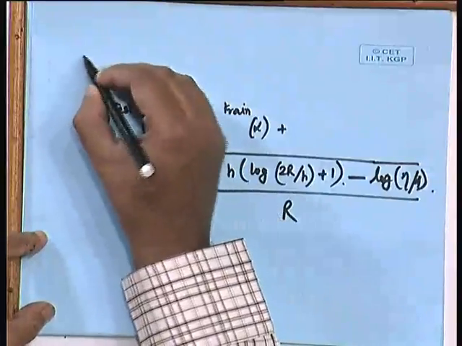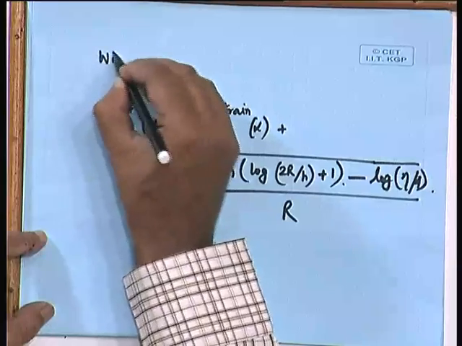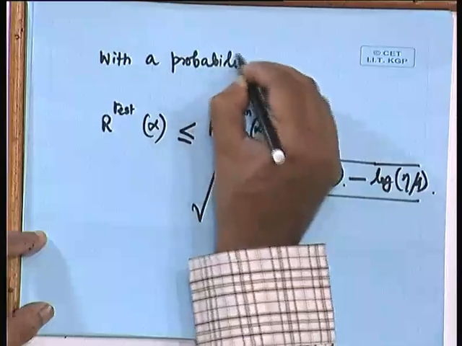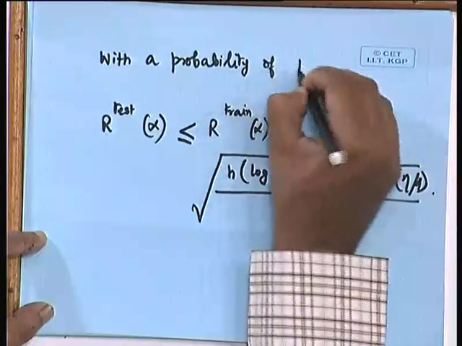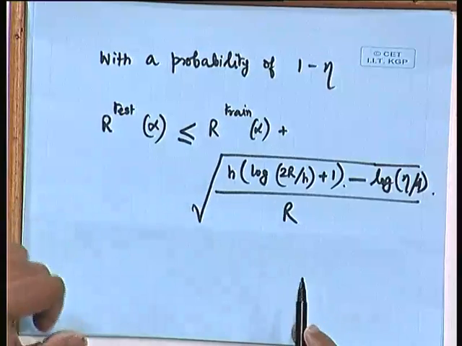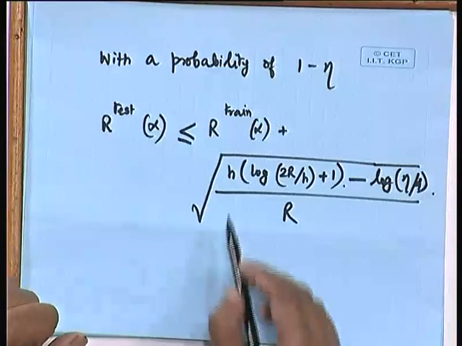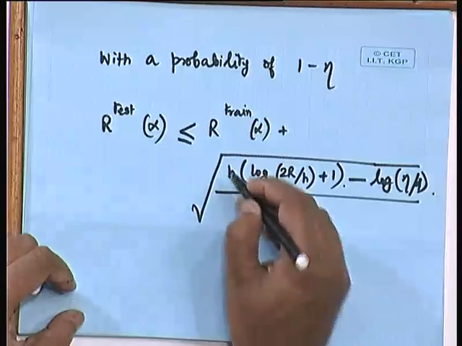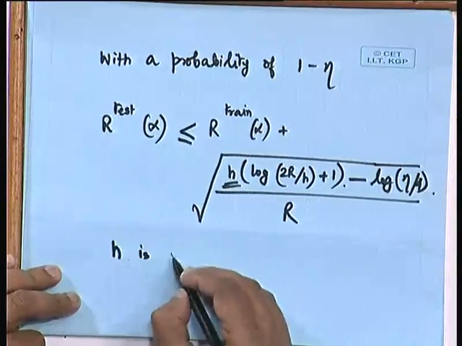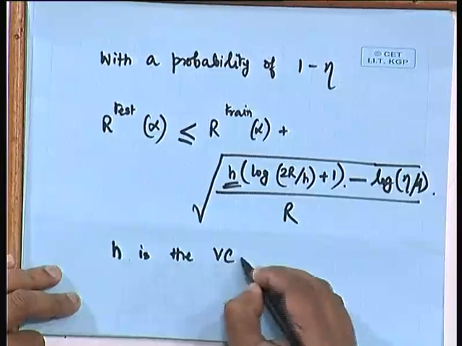Okay. Now, in this case eta, as I told, is a constant. So, Vapnik's result shows that with a probability of 1 minus eta, R test can be written like this. Okay. Now, what we do not know is this quantity h, and this quantity h is the VC dimension,